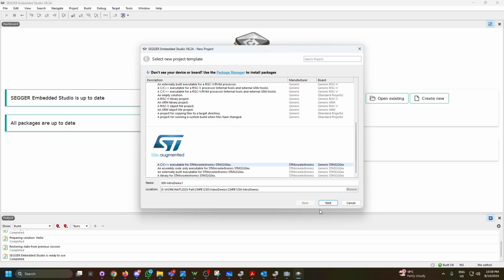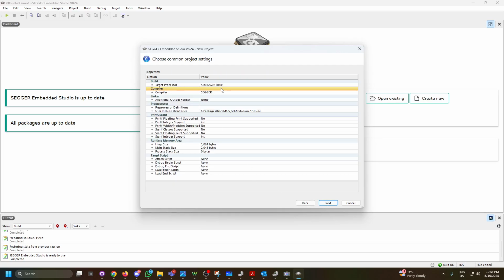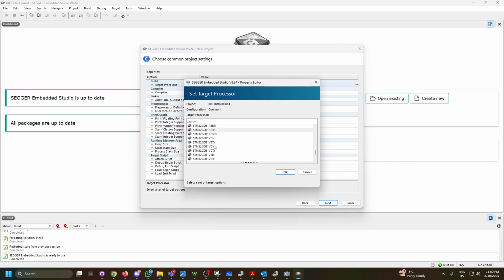Just like in Visual Studio, we can have one solution with multiple projects inside. But for simplicity here, we're going to keep it one solution, one project. Now the defaults here, the target processor, as you can see, is the wrong processor. It picks that one by default. So we need to make sure we select